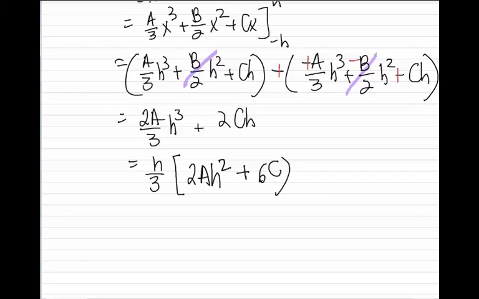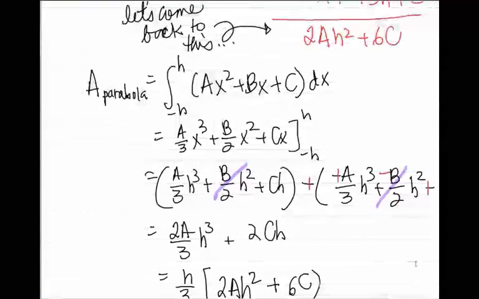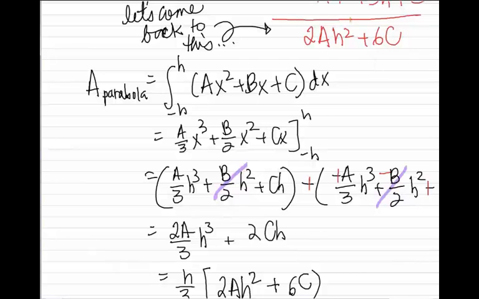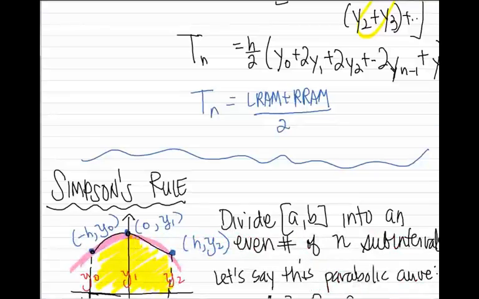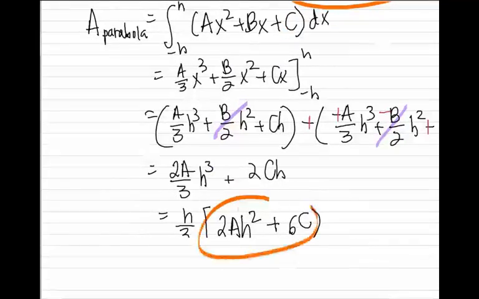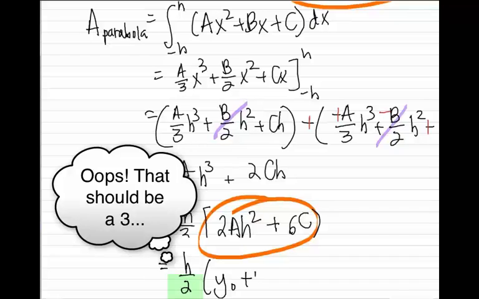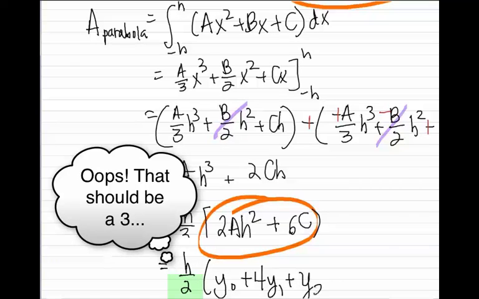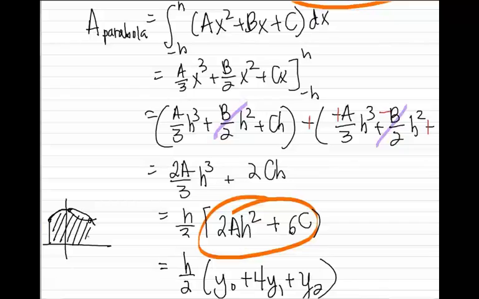Now, do you notice anything? Remember I told you we were going to come back to that part up there? Look at that. Do you see this? This is our 2a times h squared plus 6c. Look, down here at the bottom, we have our 2ah squared plus 6c as well. And that was our y0 plus 4y1 plus y2. That is the area underneath the curve using a parabola. So that was like this little piece, and that's the approximation of the area under that curve using y0, 4y1,